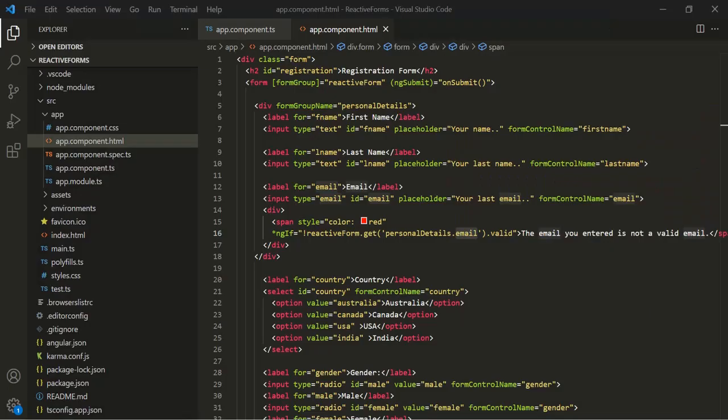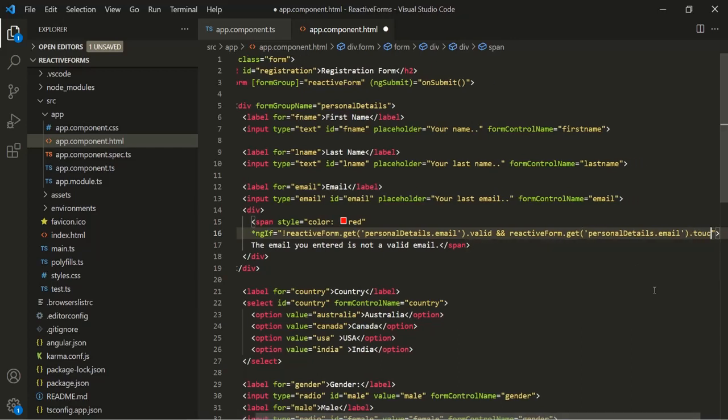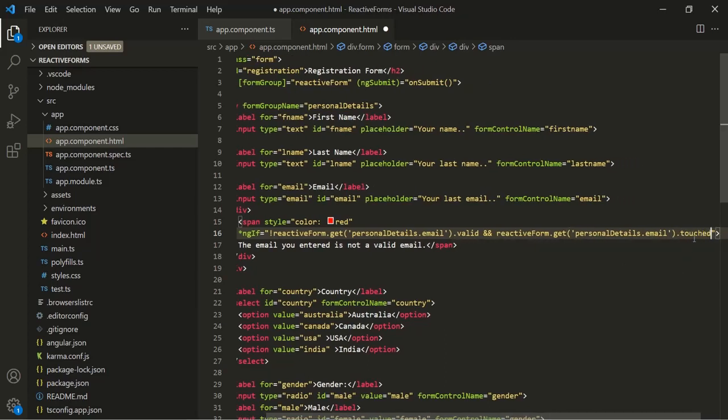So again, let's go to VS Code and let me move this validation error message to a separate line. And here, let's add one more condition. For that, let's use this AND operator. And let me copy this expression, which is going to return us the email form control. That email form control is also going to have a touched property. So if this touched property is true and the form is invalid, then only we want to display this custom